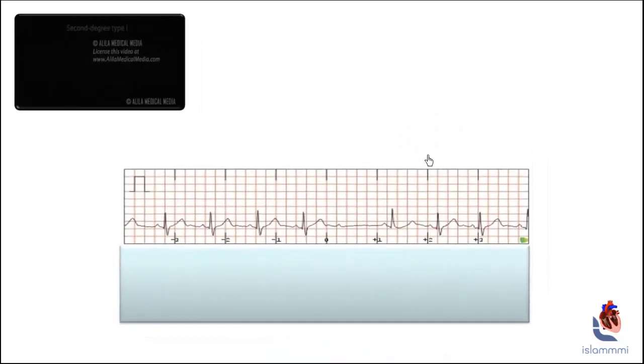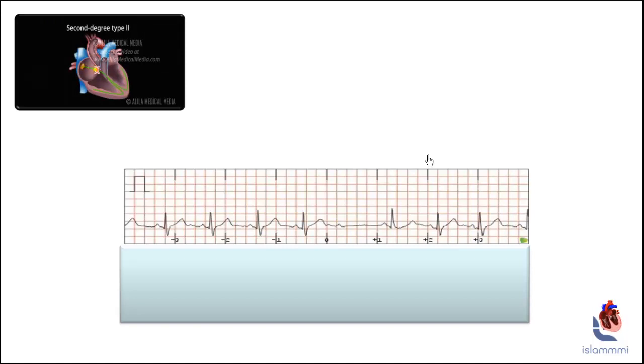So it's normal PR interval, normal PR interval, normal PR interval, normal PR interval. Suddenly we have a P wave without QRS. Okay? So what is the difference between this and type 1? In type 1 we have gradual prolongation. So the bridge, or the police, is giving you a warning. The bridge will be slower, more slower, further slower, and then stop. Here no warning at all. So we have a PR interval